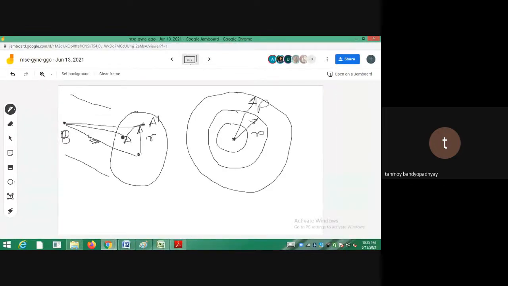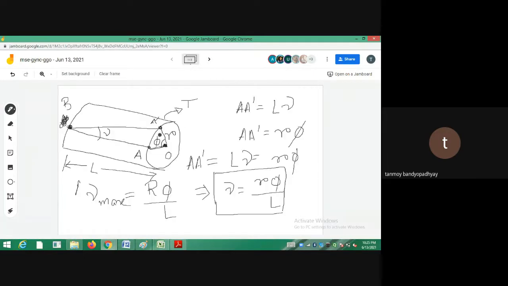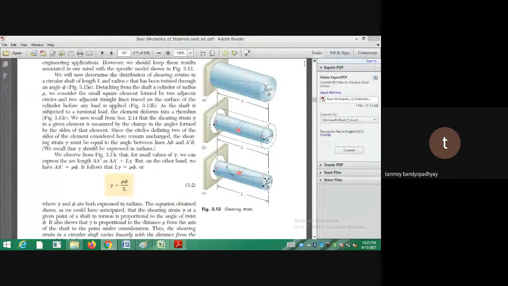So I should be getting the same result from here. If you see this calculation, it has been done at a certain small radius r. But this small r can be drawn at any one of the points, as you can see in this picture. The radius of the circle is represented by C.